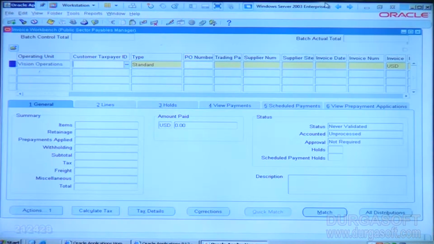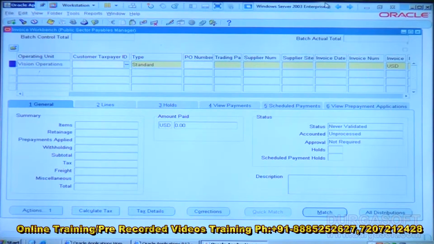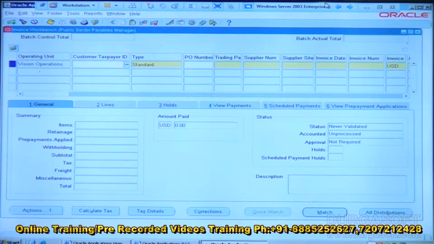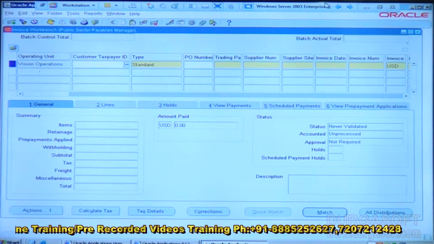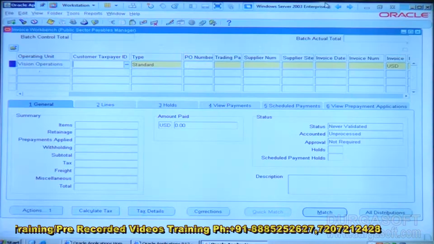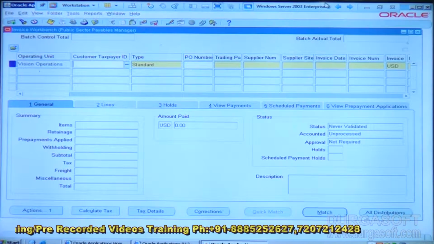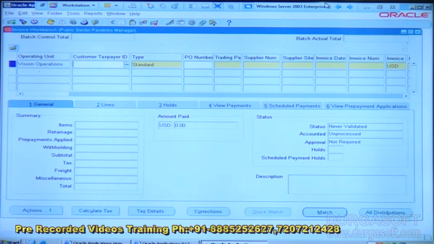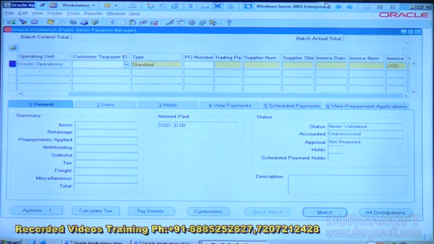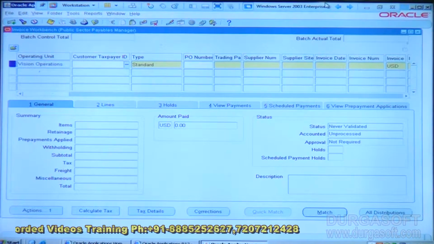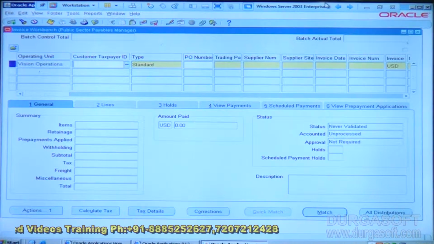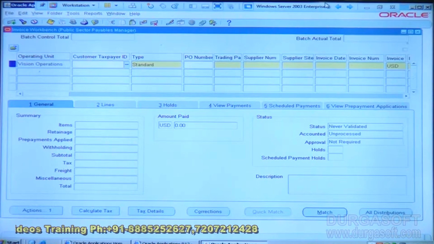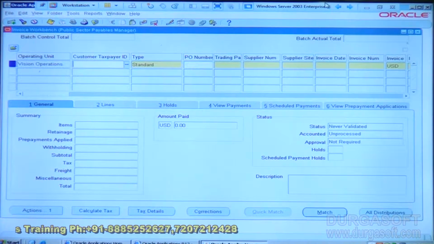generating expense report. Together we will see how the expense report will be created. Expense report I will generate today. And before that we will also discuss prepayment to employee. Whenever there is a prepayment to employee, then only this expense report will come into picture. So we will see prepayment to employee expense report today,